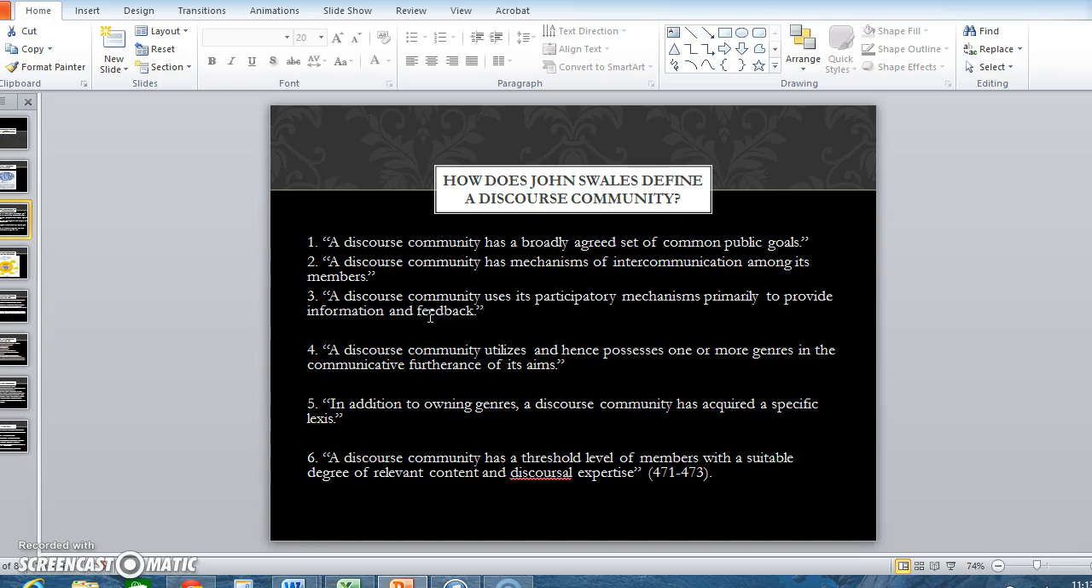Fifth, in addition to owning genres, a discourse community has acquired a specific lexis. And I do want you to pay attention to this idea of owning genres, because, in fact, discourse communities do own the genres that they use, and very often they're not used in other discourse communities, only in that discourse community. So if somebody like myself were to go and try to read an academic journal for biomedical engineering, I